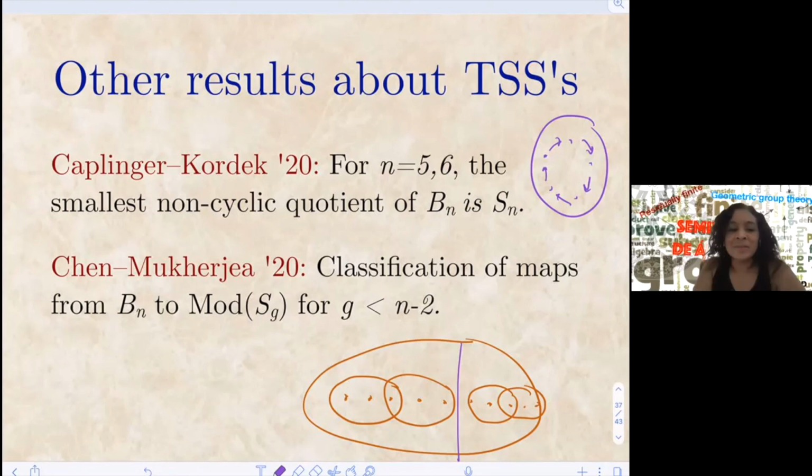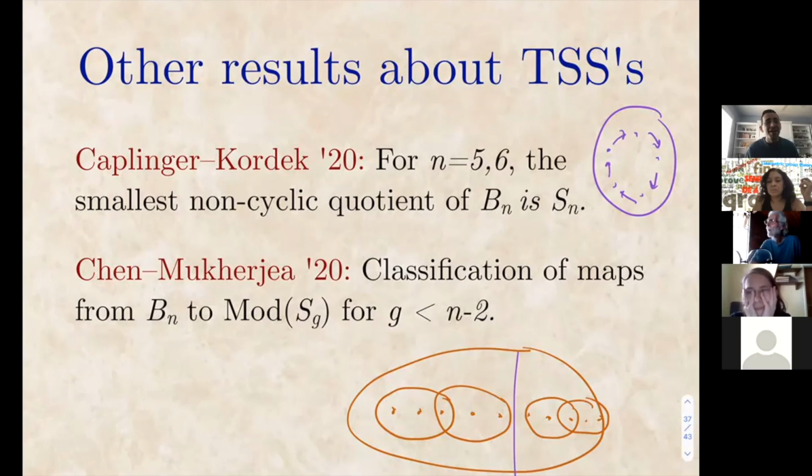Some other questions? I have a question. I know that the braid group is residually finite, so it's interesting to ask some more residual questions about this group. Do you know something about the profinite completion of the braid groups? I personally do not, but